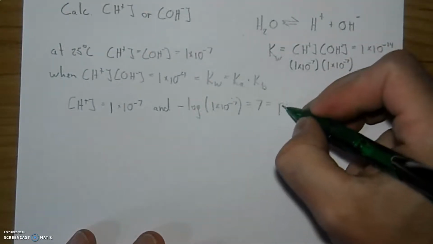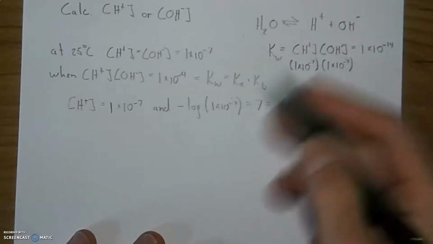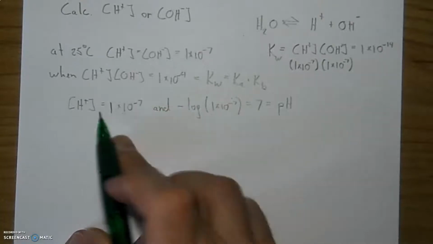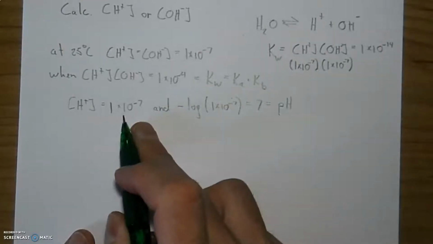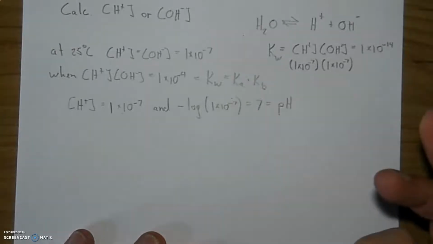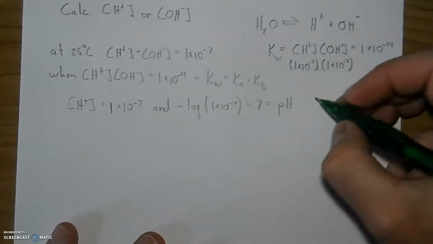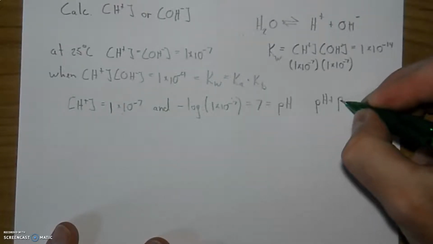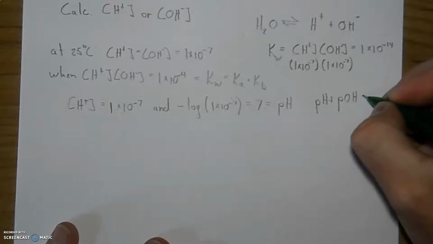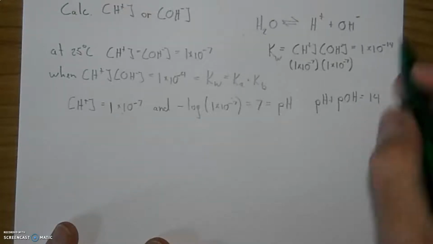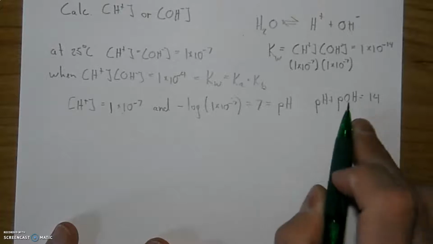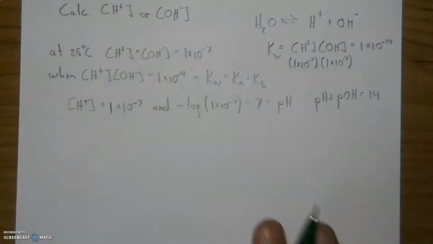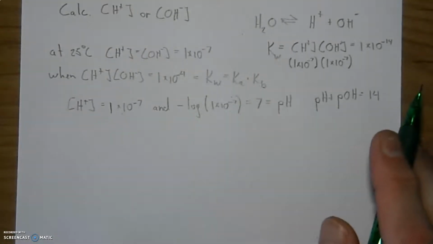So what's the pH value? It's 7. What does that refer to? It refers to the hydrogen ion concentration, which is 1 times 10 to the negative 7. They mean the same thing, exactly the same thing. This one's just a little more palatable than the other. And of course, if I know the pH, pH plus pOH always equals 14. So if I know one, I know the other. It must be 7. There it is. That part's done. All right, let's do one of your homework problems,